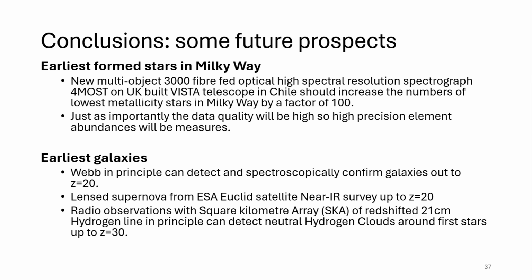So in terms of the Milky Way, there's a new instrument that we are building which will allow us to take 3,000 spectra of stars in one go using fiber optics. So we can basically locate and put a fiber onto 3,000 different targets at the same time. And so that will allow us to take 3,000 spectra all in one go. And so I expect that it's going to do a range of different scientific projects.